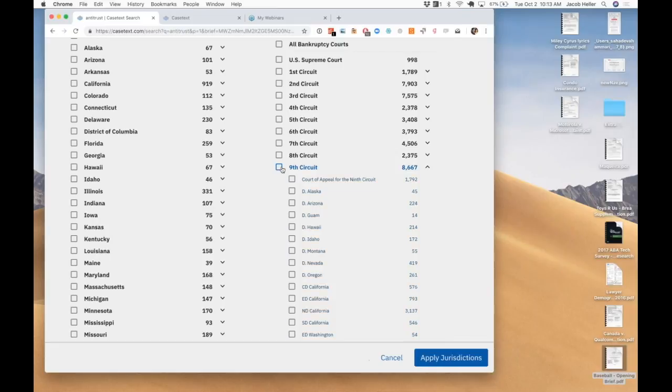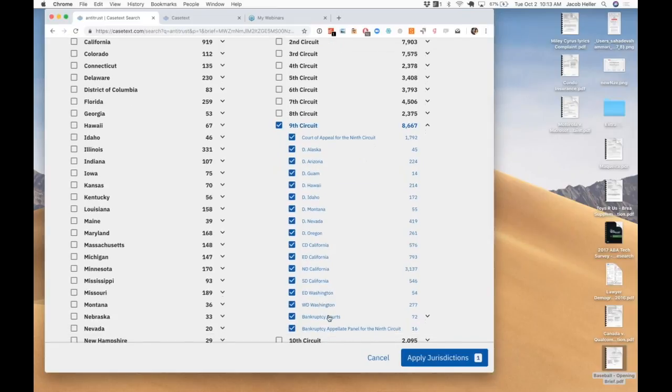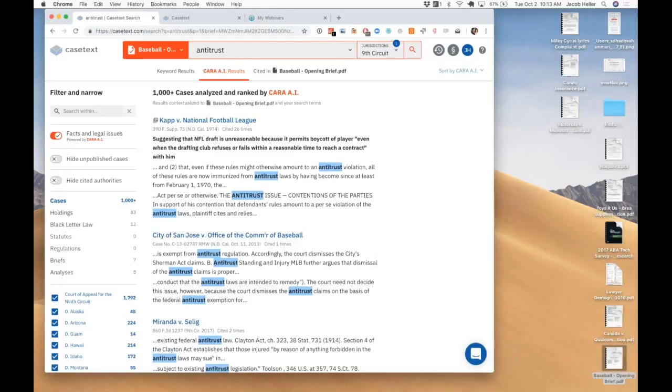Click here to select it all, or unselect it, right? So clicking on this box over here selects the court from above and all of the courts that report into it, including the bankruptcy courts, and the bankruptcy appellate courts, etc. So if I want to see a broad search of the Ninth Circuit, I click there. I click Apply Jurisdictions, and now we have a much more narrow, more targeted list, right, of things that are only within the Ninth